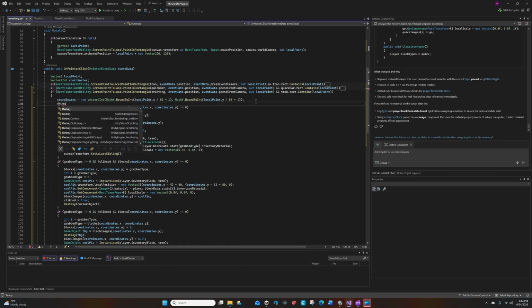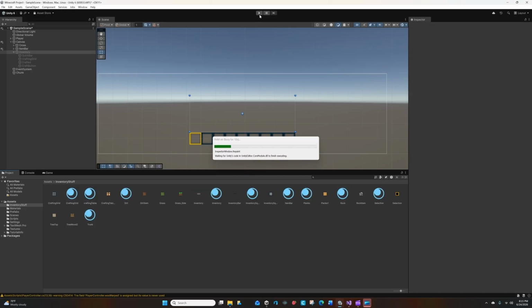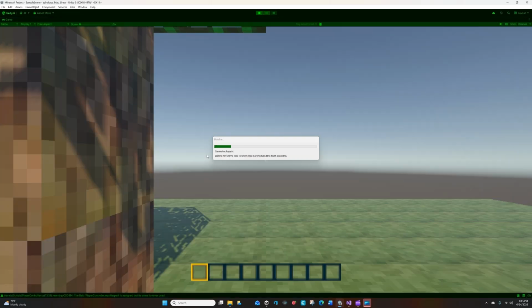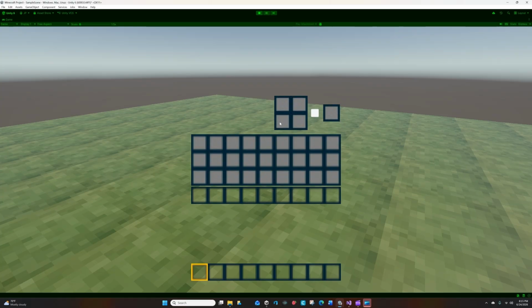Just to make sure we are getting the correct coordinates on this 2D crafting grid. Okay, so actually I don't need that. Open up the inventory. Getting errors. We're not getting any debugs. Or it might be, but